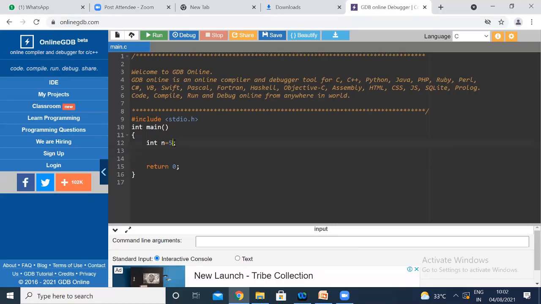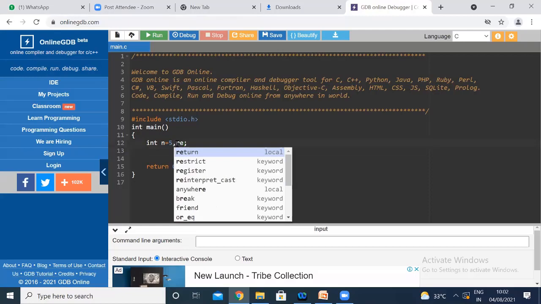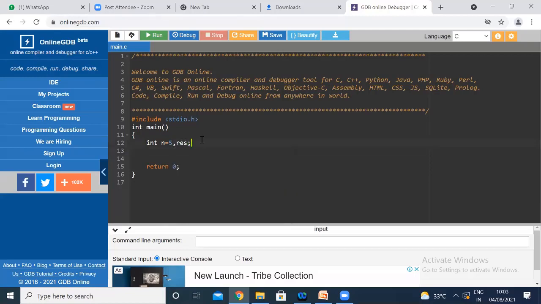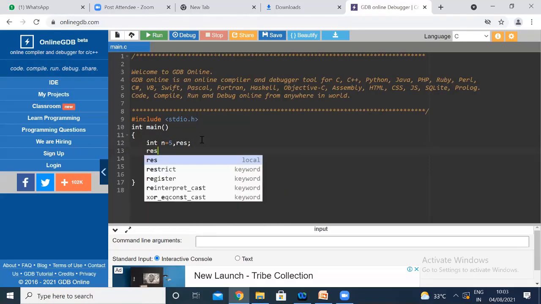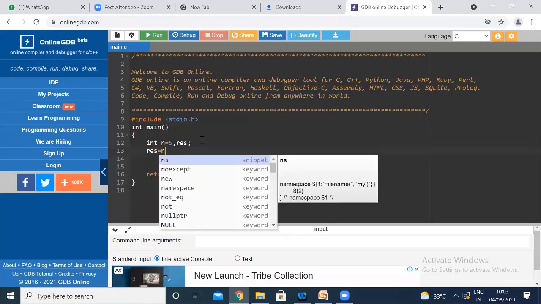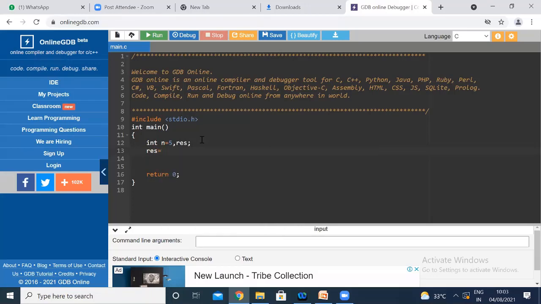I'm taking result. n and 1 equal to 1 question mark.